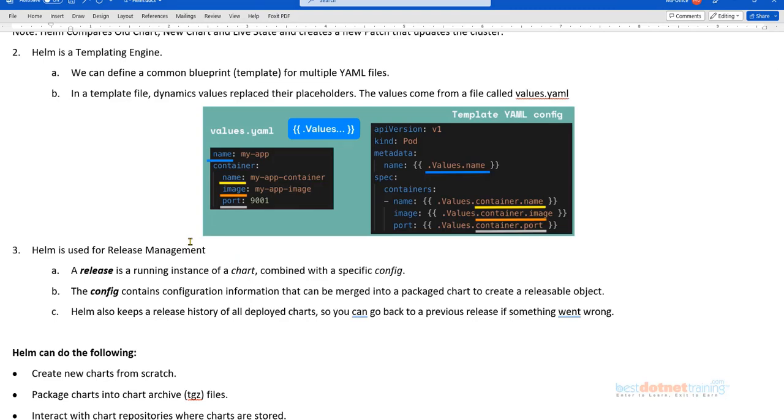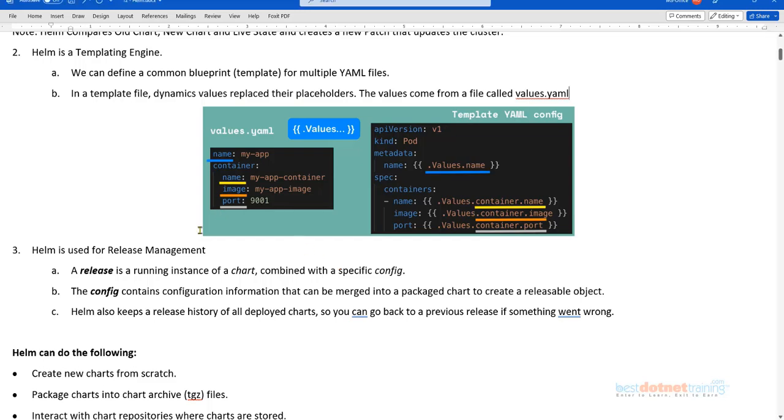Now what is the benefit of doing something like this? The benefit is we can reuse the same template with different values. What do you say? You agree to this? So the benefit that I was talking about was we can basically reuse the same template multiple times, isn't it? That would be one big benefit.